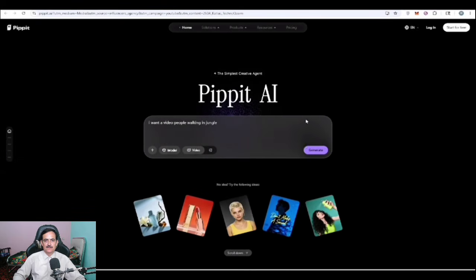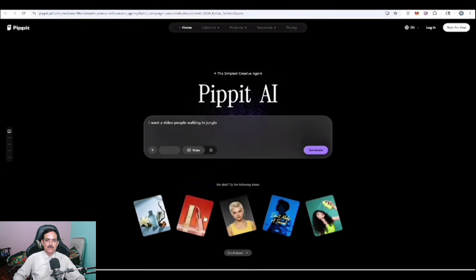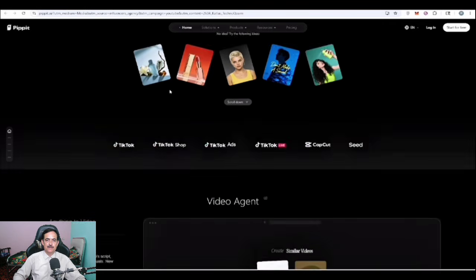So simply, guys, you can click on the generate button if you want an image or a video, and choose which model you want. Upvote Pro is already there. Seedance 2.0 is one of the greatest there. Simply click on the Generate button. If you want a new video, that will be provided to you as well. So guys, I will add the video that I generated before,